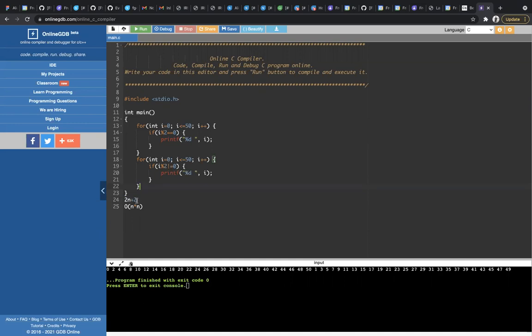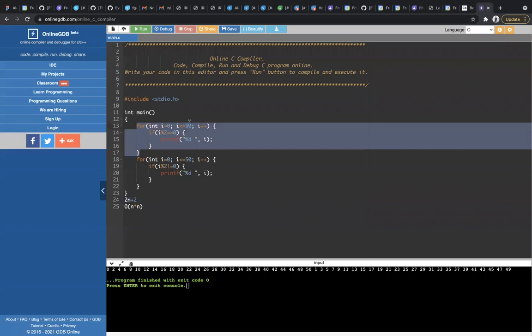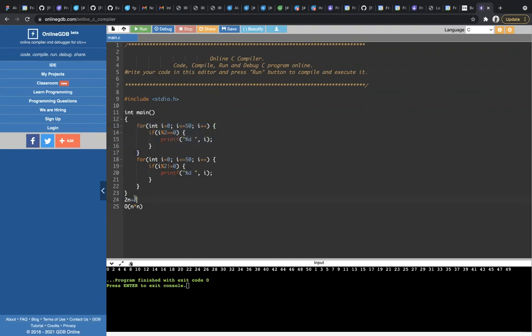You guys got it? How we got this 2n plus 2? For the first loop, it will run n plus 1 times, because if n is 50, it is 50 plus 1, 51. So it is executing 1 time more. So now we have formulated this 2n plus 2 formula for this program.